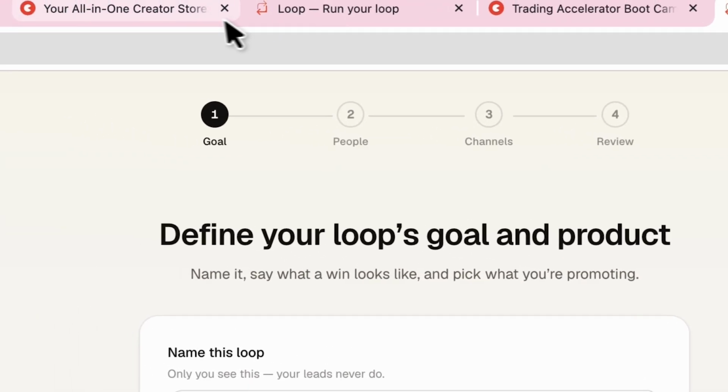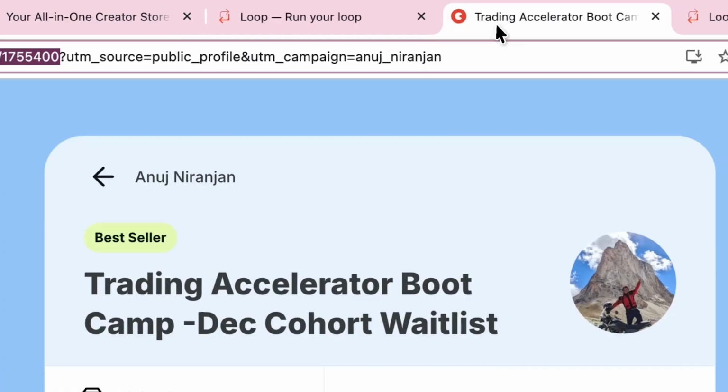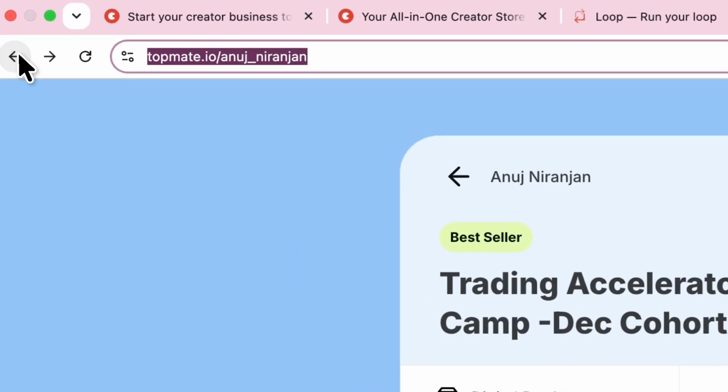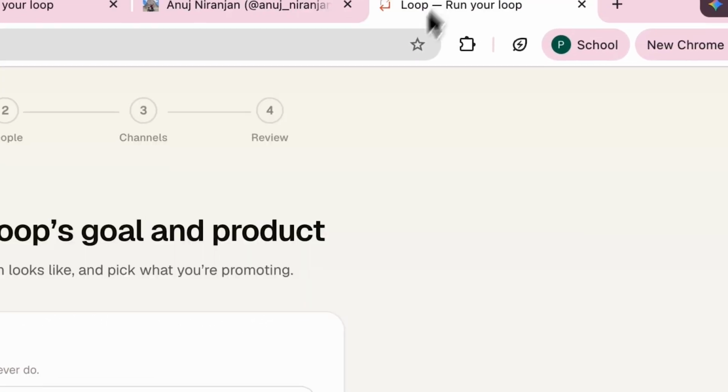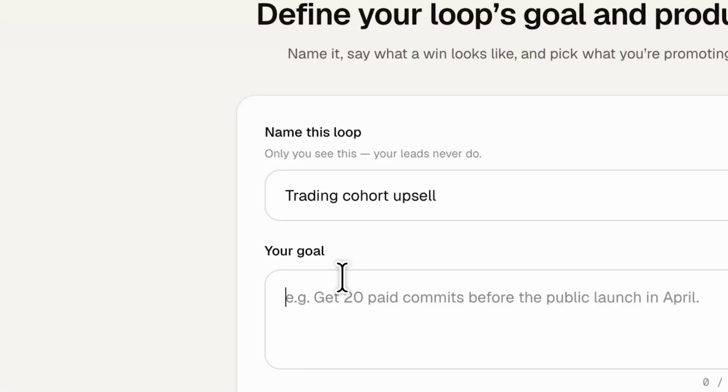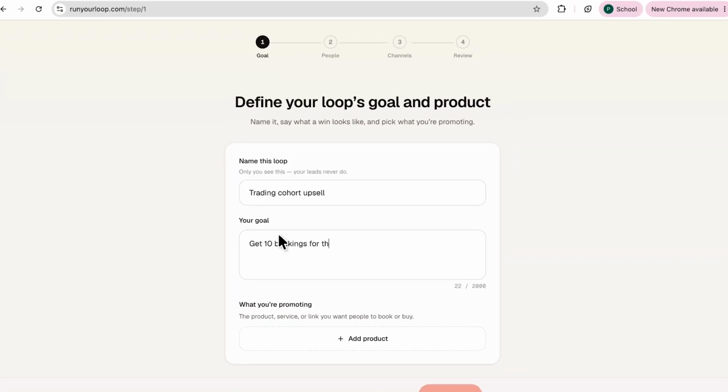So my objective for Anuj right now is to get his cohort some bookings, right? So what I'll do is I'll just name this, and this name is internal, so I'll just put trading cohort upsell. And my goal is to get 10 bookings for the cohort by July 31st, 2026. Because Anuj's cohort is starting from August, let's say, right? And he would want to fill in the seats before the date. Then